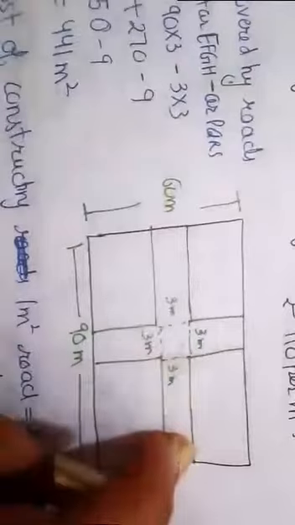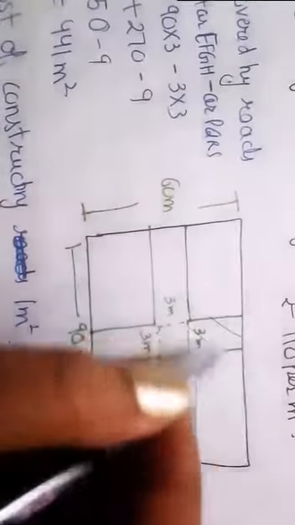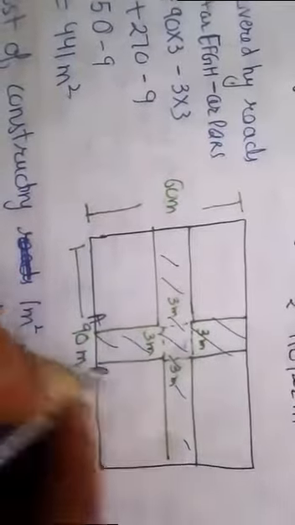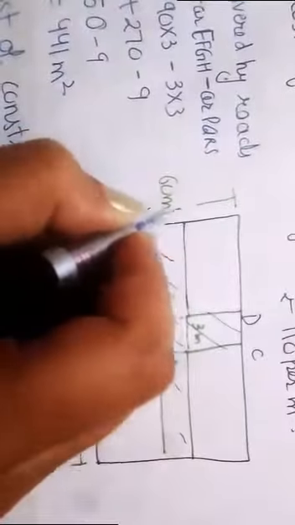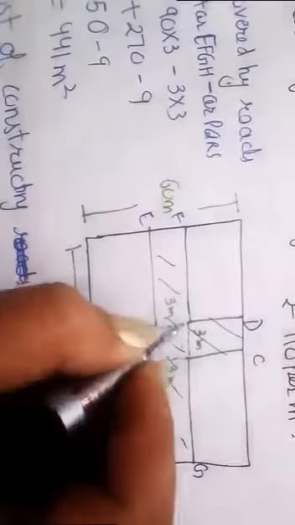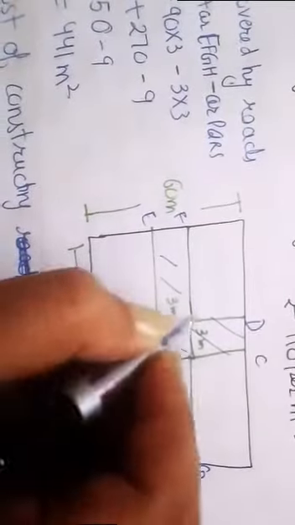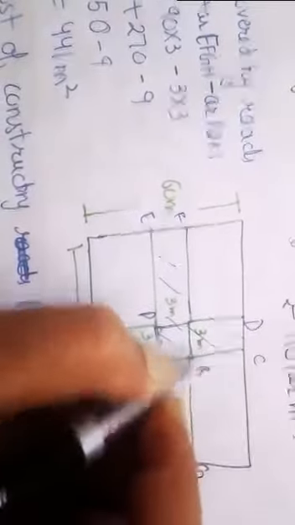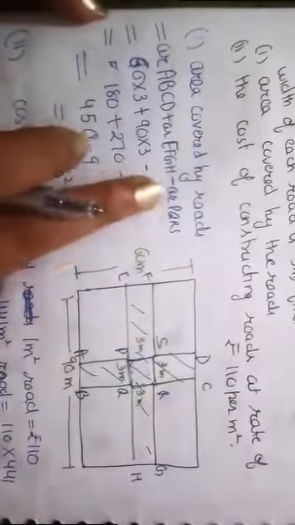Again, suppose this is the rectangular field and here two roads are cut. Two roads are cut which are parallel to the sides and cut each other at right angle. So we have to find the area of these roads. Similarly, we will add area of A, B, C, D plus area of E, F, G, H, but we are adding this area 2 times, so we will subtract 1 time, minus area of P, Q, R, S.